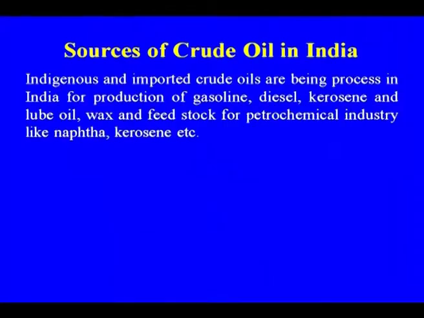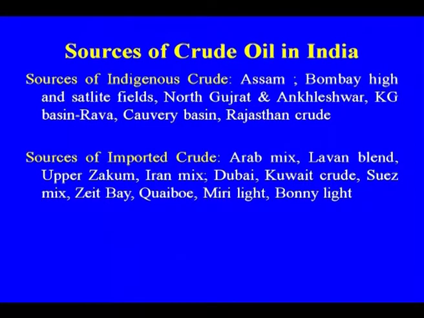As I told you, the indigenous and imported crude oils being processed in India are used for production of gasoline, diesel, kerosene and lube oil, wax, and feedstock for petrochemicals like naphtha and kerosene. Sources of the indigenous crude I discussed earlier also in lecture 1. These are the various sources, especially the Assam and Bombay High crude, the North Gujarat, Ankleshwar, Rawa and